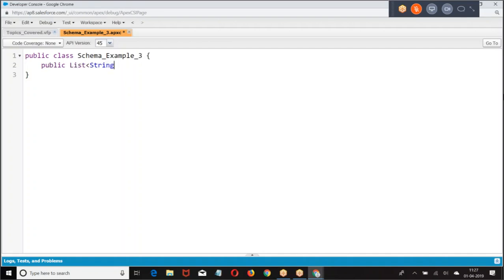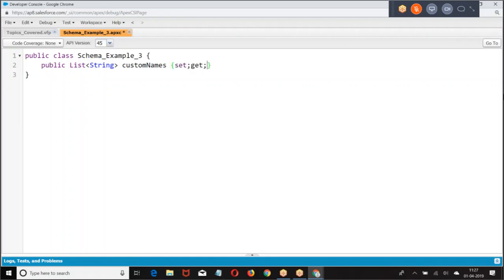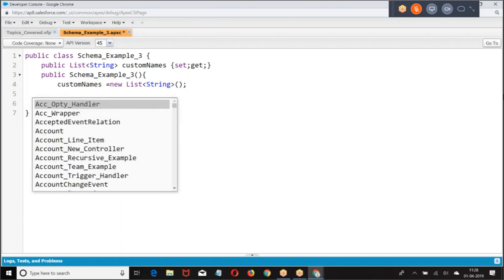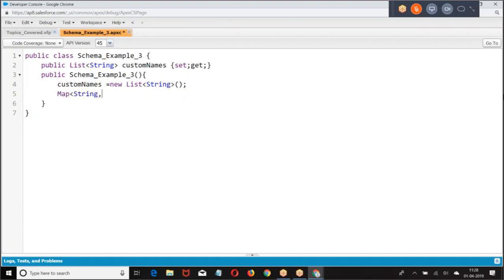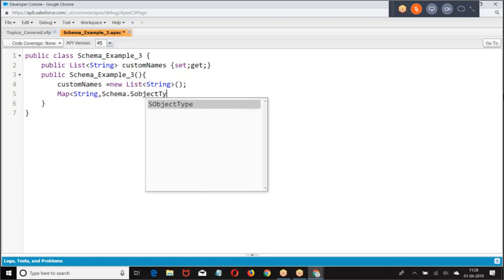Public list of what I'm giving. Schema dot, map equal to.